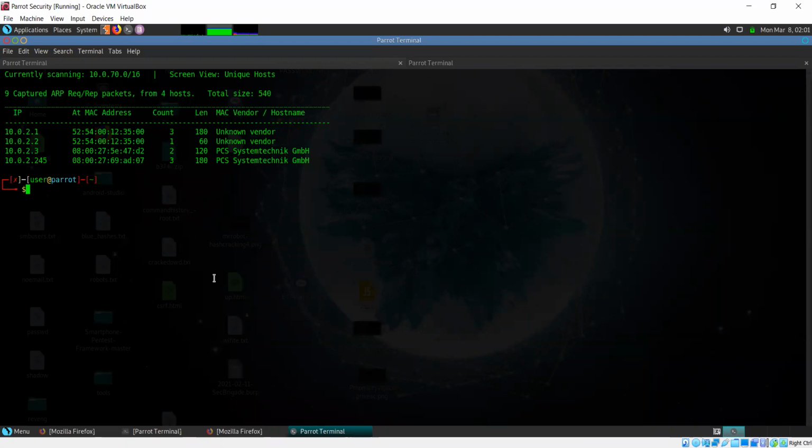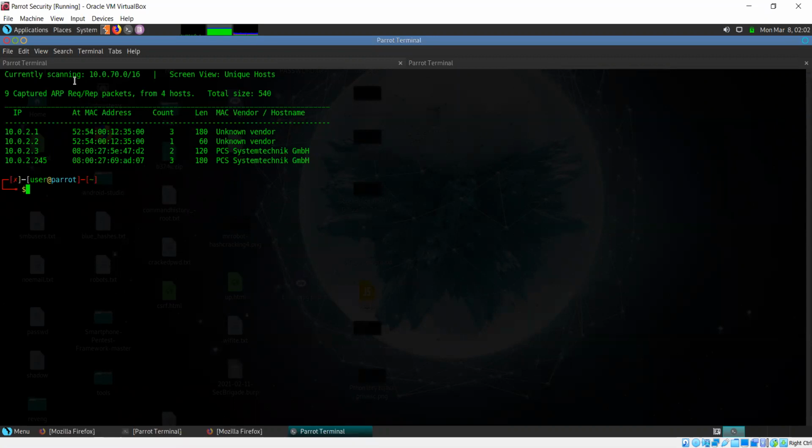Maybe actually it's 10.0.2.245 because the count and the length numbers are same. Maybe it's the final range of IP, the last IP address in the range. No, no, no. The count and the length is not really relevant in defining what type of target it is.